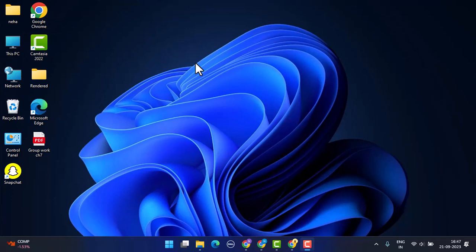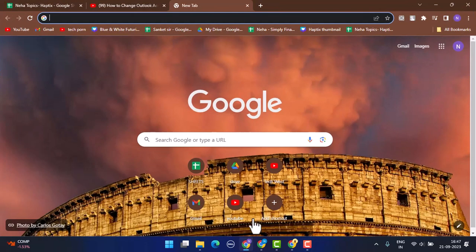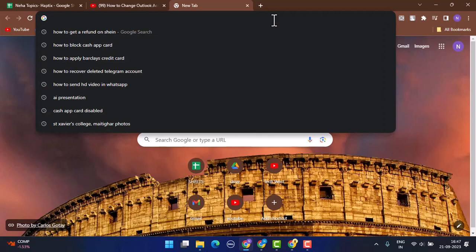In today's episode, I'm gonna walk you through the steps on how you can change your Outlook password. In order to change your Outlook password, first things first, make sure that your device is connected to an internet service. After that, open up a web browser of your choice and on the web address bar, type in